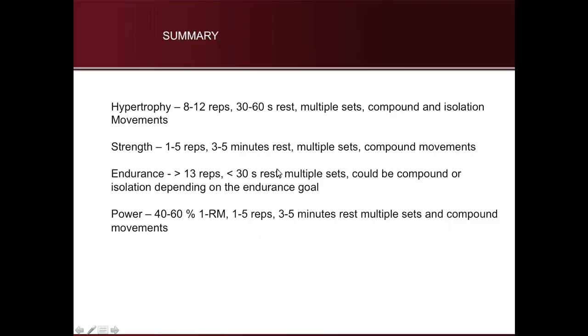So, summary: for hypertrophy, 8 to 12 reps, 30 to 60 seconds rest, multiple sets, compound and isolation movements. Strength is 1 to 5 repetitions, 3 to 5 minutes rest, multiple sets, compound movements. Endurance is greater than 13 reps, less than 30 seconds rest. Multiple sets could be compound or isolation depending on the endurance goal. And power is 40 to 60% 1 RM, 1 to 5 reps, 3 to 5 minutes rest, multiple sets, and compound